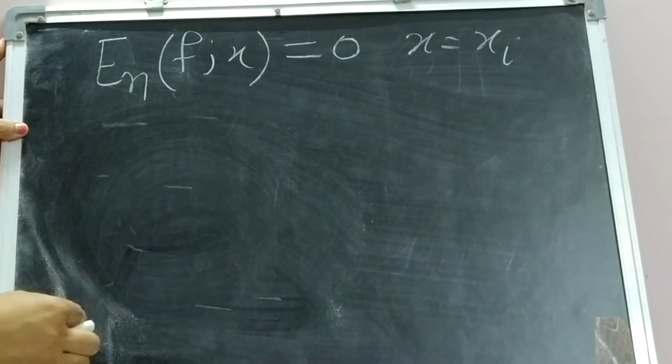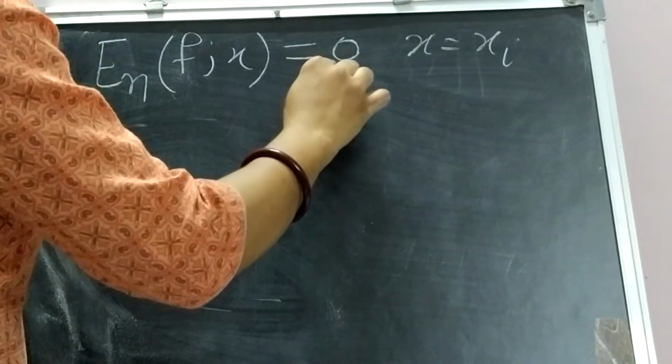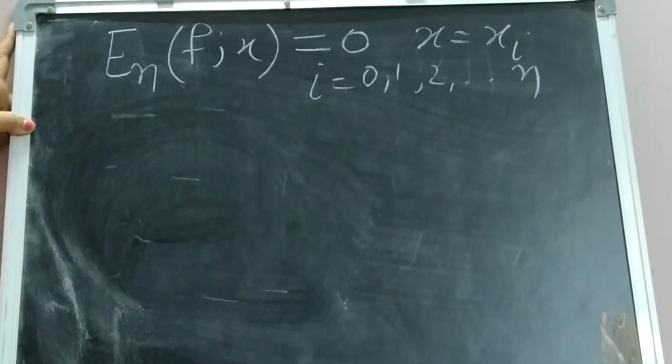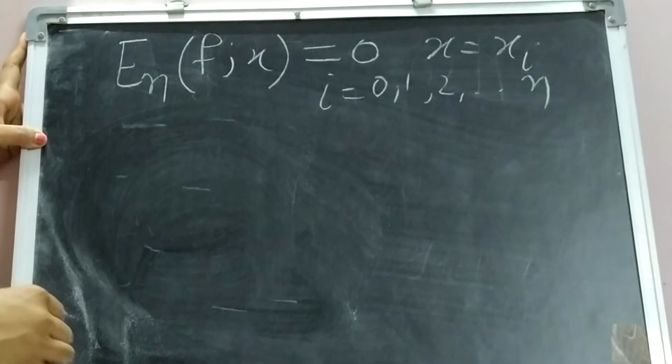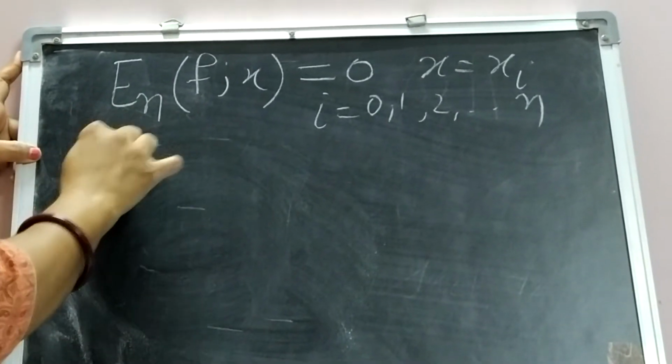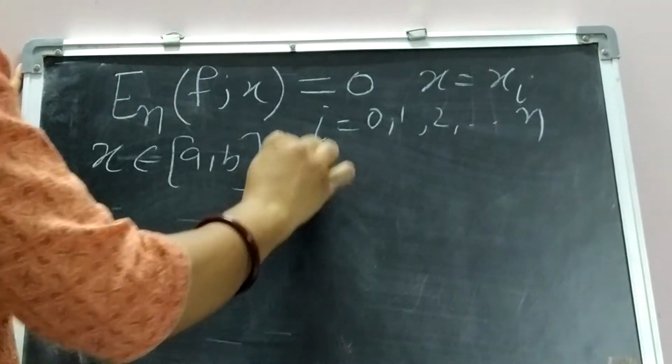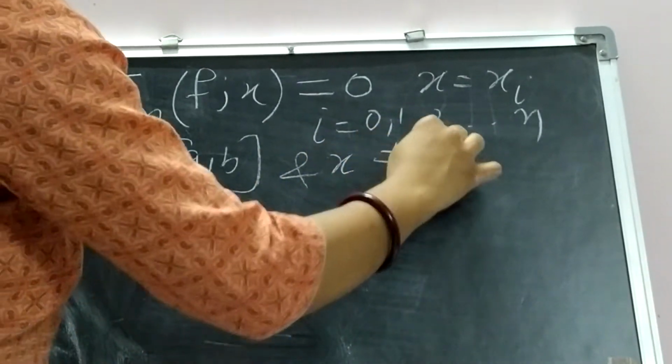So error will be equal to 0, and this will be true for all i equal to 0, 1, 2, ..., n. Then for any x belongs to this interval [a, b], and we assume x is not equal to xi,